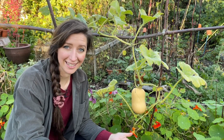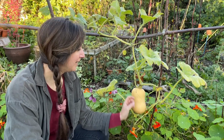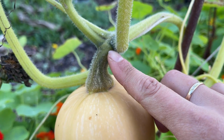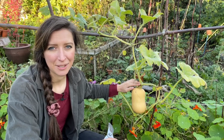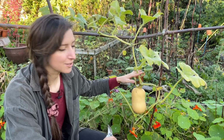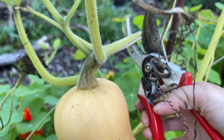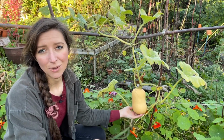When it comes to harvesting your squash, you might think it's a relatively simple process, which it absolutely is, but you want a nice, sharp, clean pair of secateurs, and where you make the cut is the most important thing. You do not want to cut into this stalk that runs from your squash to the vine. You don't want to cut that at all. You want to actually cut it on the vine that it's growing on, so perhaps here, and I like to leave a good 2 or 3 inches across the vine,